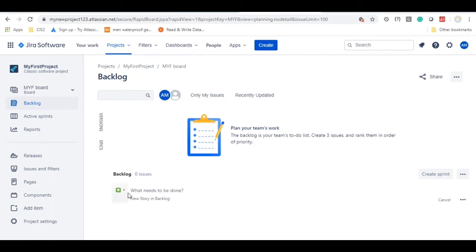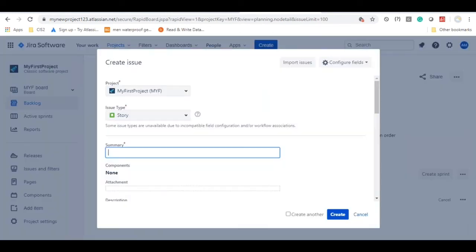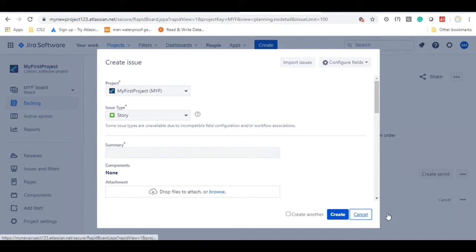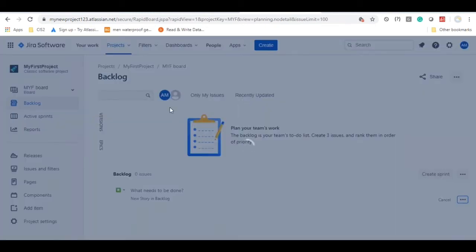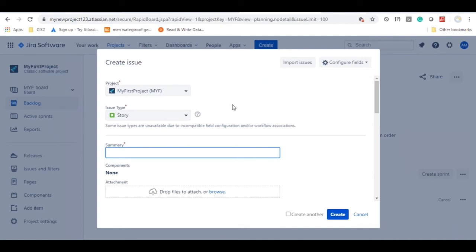Then you have to give the information, what needs to be done. Basically you have to give the user story name here. Also, if you click on these 3 dots on the right side, it is going to open a small window where you can fill all the information related to your user story. Now if you observe here, by default story is selected in the drop down.